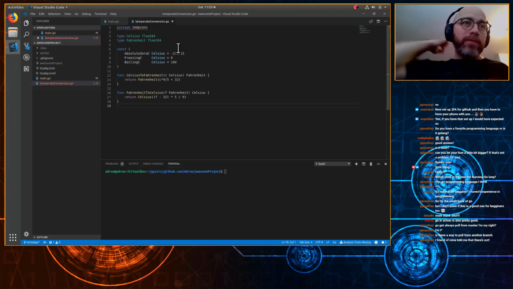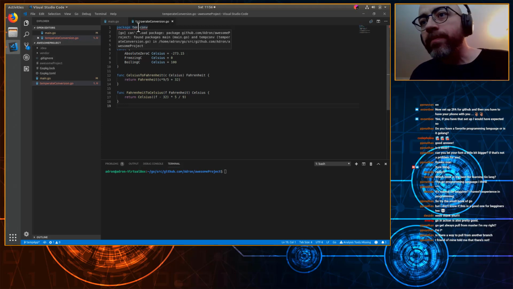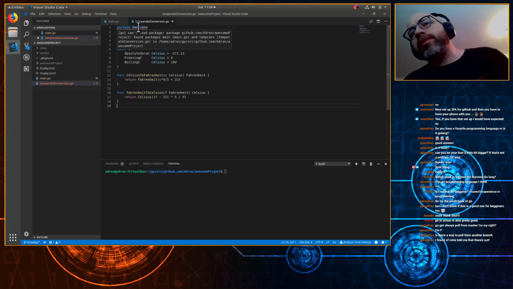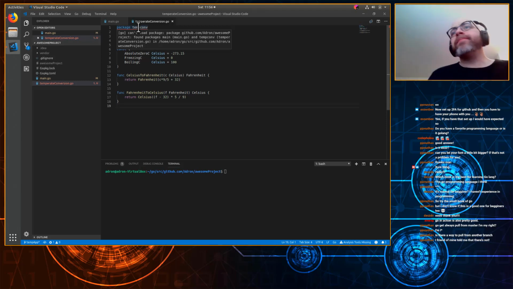Then, let's see what it says there. It can't load package. So this is important per what we're talking about with dependencies and everything. Let's see, is there a way to pull from another branch? I think there is with go get, but I don't remember the syntax off the top of my head. There's some switches or something where you can pull a specific one. Has somebody told you that there's not? No, there's, well,